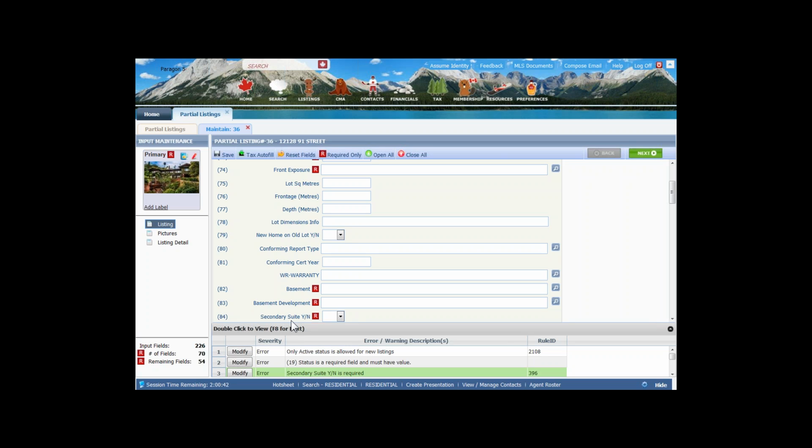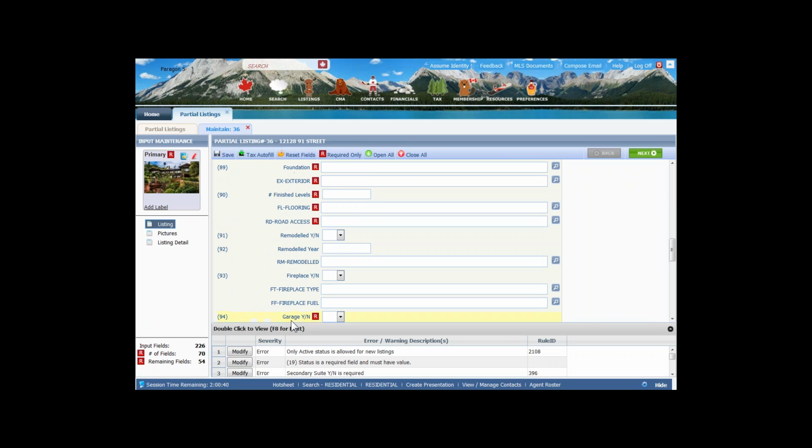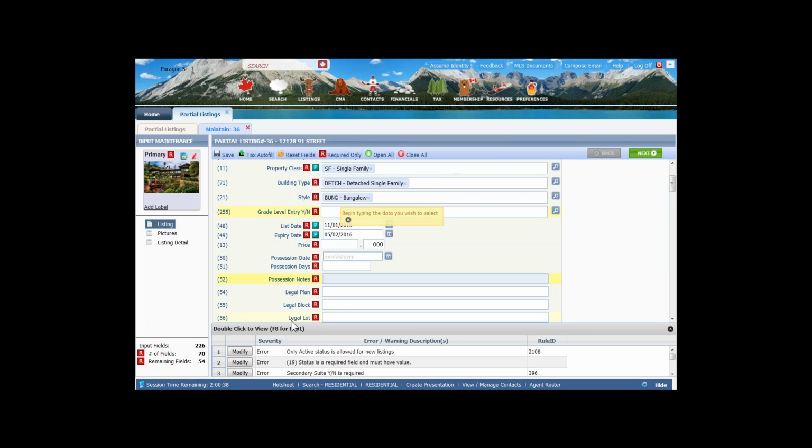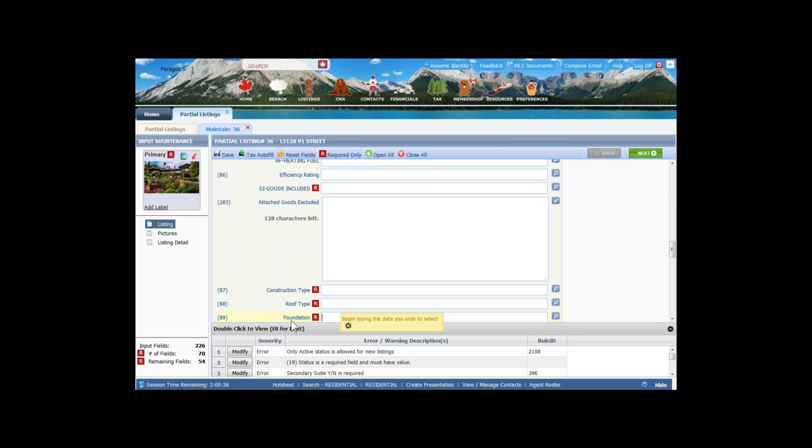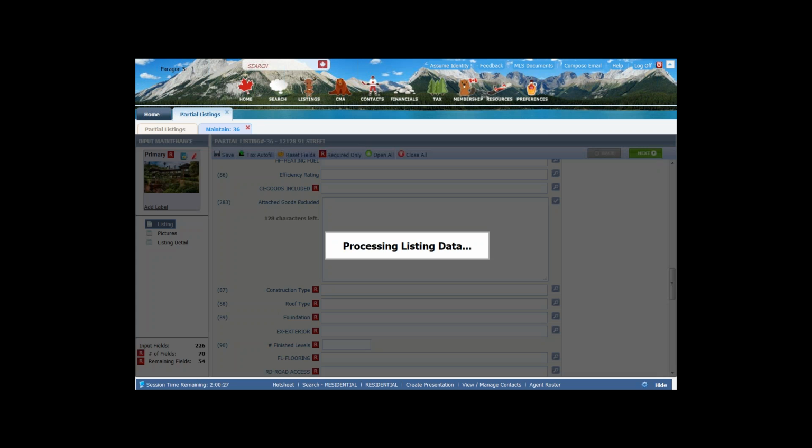If I wanted to, I could just push the F8 on my computer. It's going to take me to each of the different fields that I need to be working on in order to complete this listing. And so even though I've tried to save this listing as a complete listing, I still have the ability to come back, do a partial save,